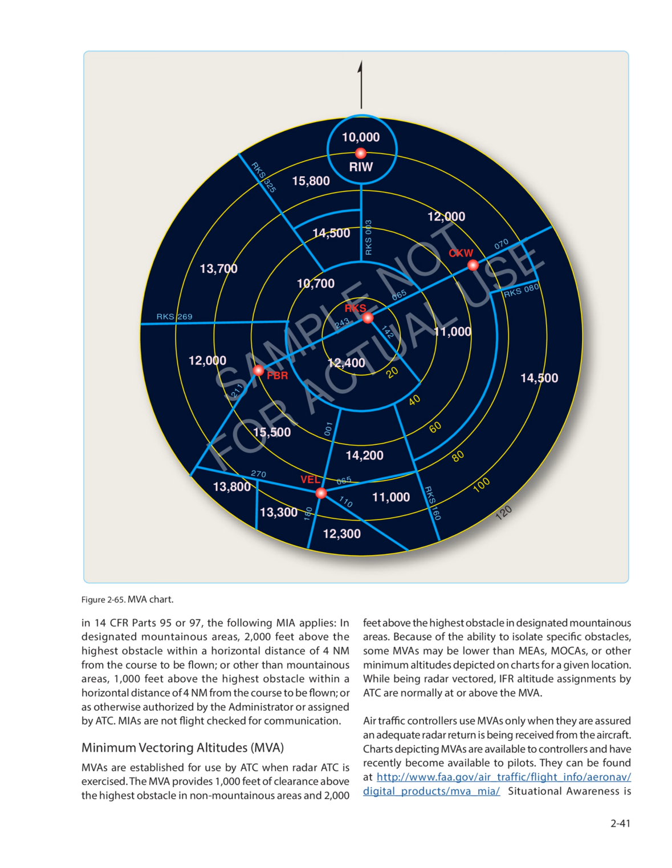Because of the ability to isolate specific obstacles, some MVAs may be lower than MOCAs, or other minimum altitudes depicted on charts for a given location. While being radar vectored, IFR altitude assignments by ATC are normally at or above the MVA. Air traffic controllers use MVAs only when they are assured an adequate radar return is being received from the aircraft. Charts depicting MVAs are available to controllers and have recently become available to pilots. They can be found at